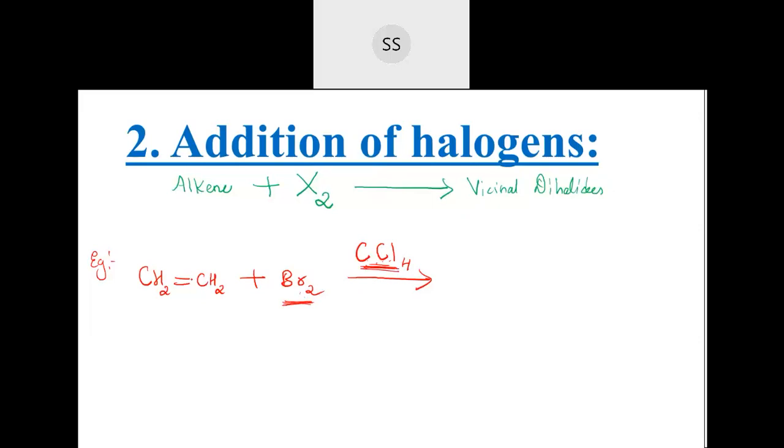Similar to how we do addition of hydrogen, we break the double bond and add one bromine here and one more bromine on the other side. So what you get is CH2, break the double bond, make it single, one bromine added over here and one more on the other side. That gives you a vicinal dihalide, because two bromine atoms get attached to neighboring carbon atoms. Ethene is getting converted to 1,2-dibromoethane, first position and second position.